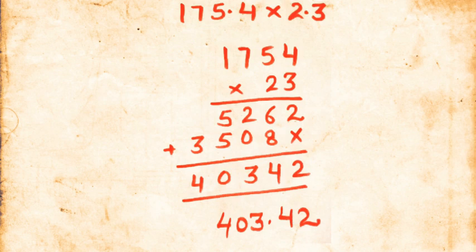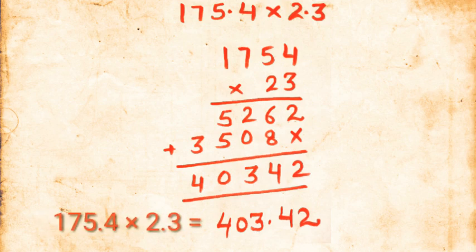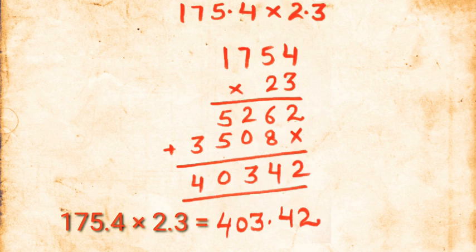2 8 4 8 plus 6 it will be 14, 4 carry 1, 2 plus 1 is 3, and 5 plus 5 is 10, 0, 1 carry, 4 plus 3, 3 plus 4, 3 plus 1 it will be 4. So 174 decimal 4, multiply it with the 2.3. So the answer which you got, that is